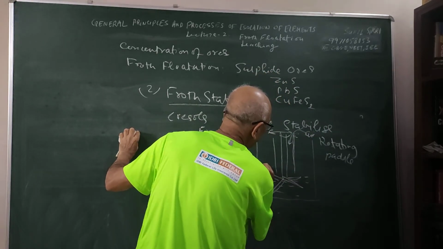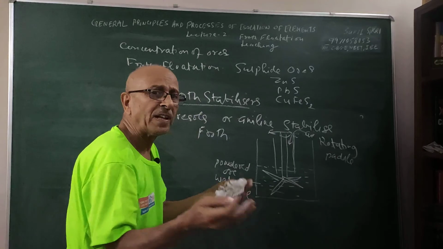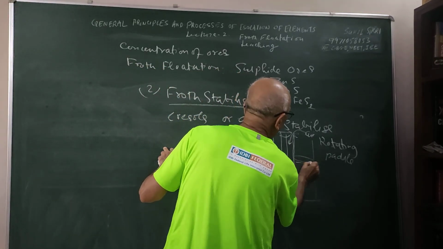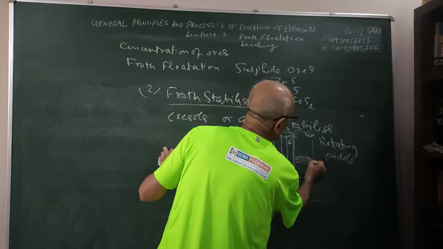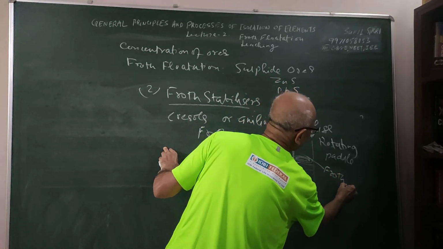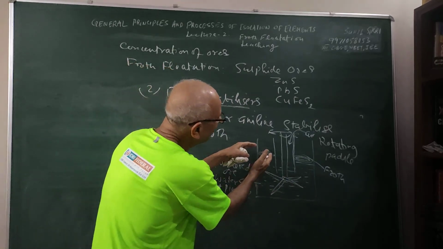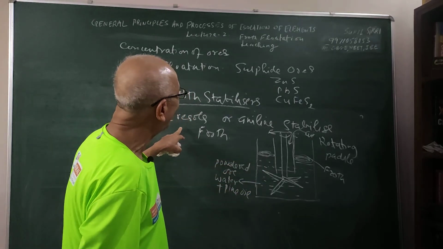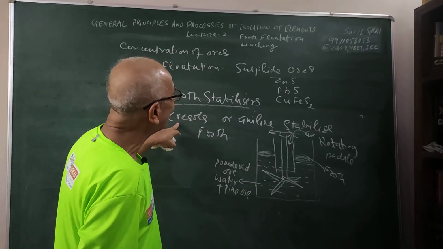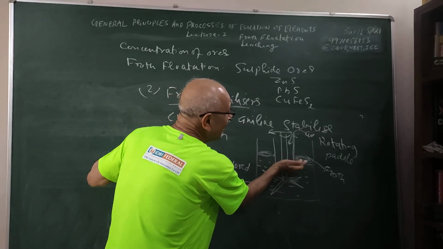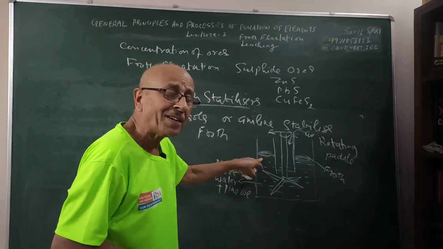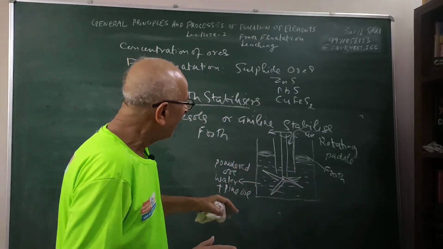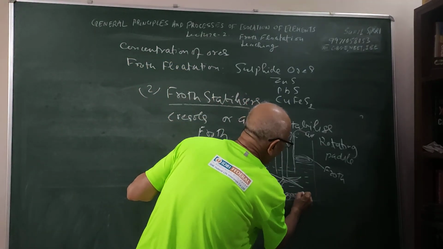What will be the result of this? When air goes in, bubbles will be formed, froth will be formed, and as the froth is formed, it will start collecting on the top. This is the froth. The froth contains the sulfide ores, but it can again break down. Therefore, we want to stabilize the froth. For this, we are adding froth stabilizers, which are creosotes or aniline. They increase the wetting properties of the sulfide with oils, with pine oil, and the gangue will be here, all your gangue.